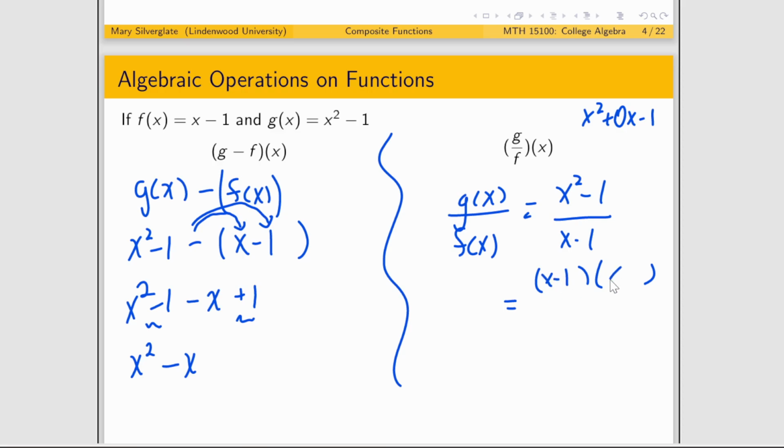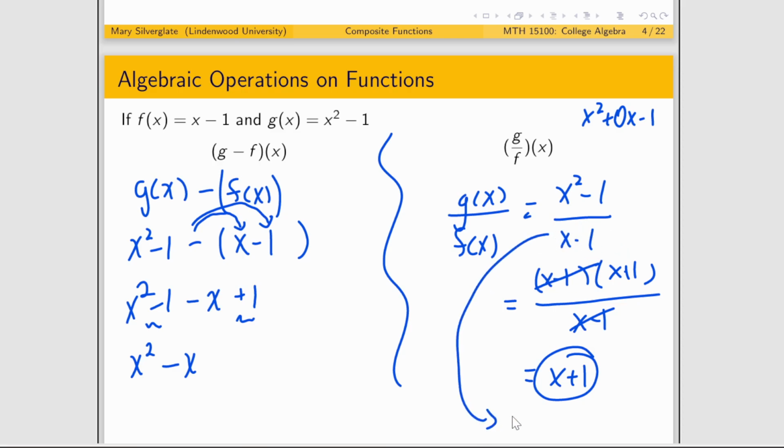So I have an x minus 1 and an x plus 1, all divided by still x minus 1. Then you want to ask yourself what's going to simplify. Well, if I have x minus 1 divided by x minus 1, that cancels to make 1, and I'm just left with x plus 1. Although originally still domain-wise, that occurs with the original function, so x is not allowed to equal positive 1 because